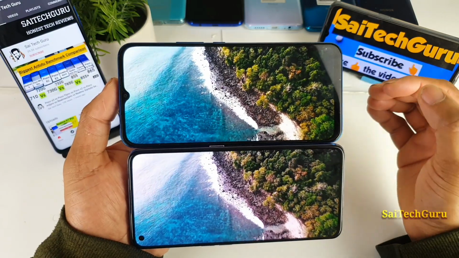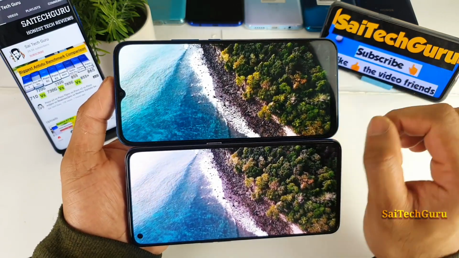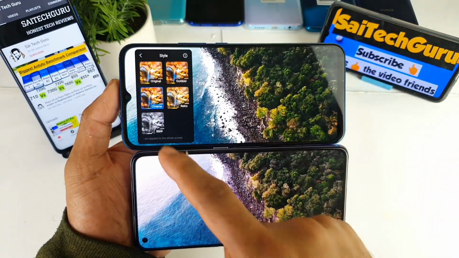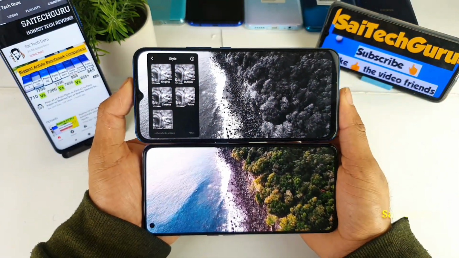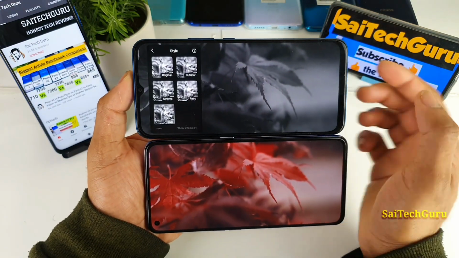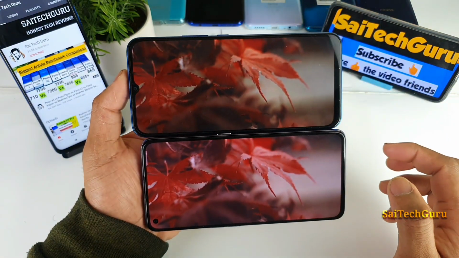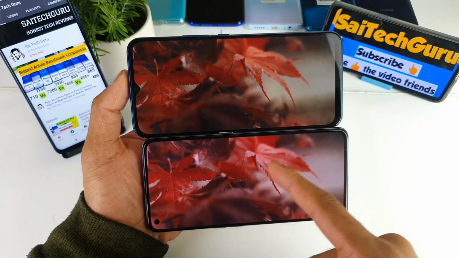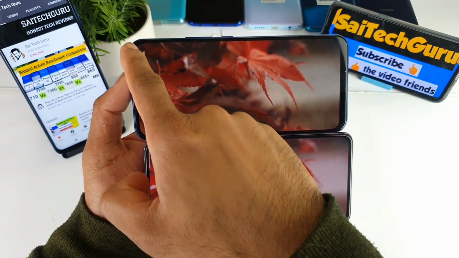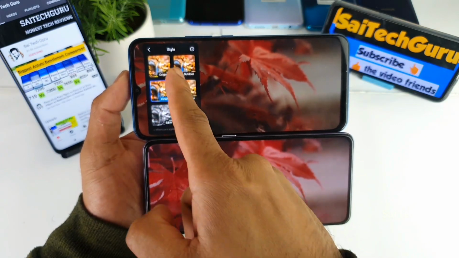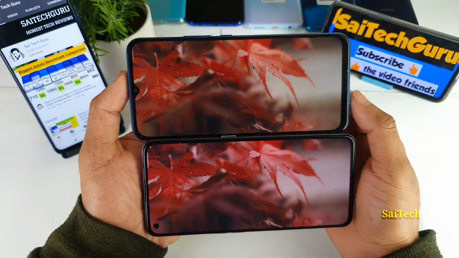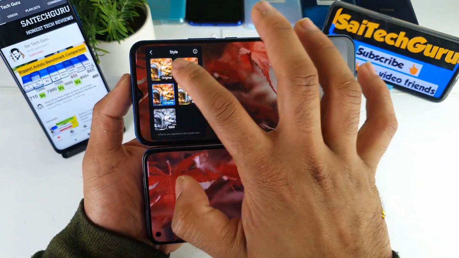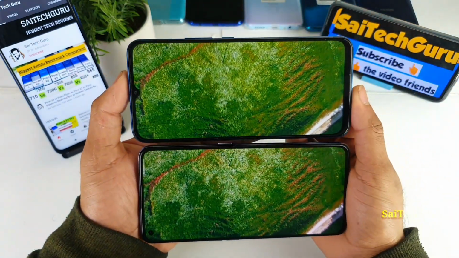Maybe in future updates they should implement this kind of small toolbox, where you can change the different colors however you want. You can even watch videos in black and white, which is very cool. Right now, if you use the cinematic mode, you can see slightly more saturated colors than normal. If you use normal colors, this is how it looks. And if you use the outdoor colors, this is how it looks outdoors.